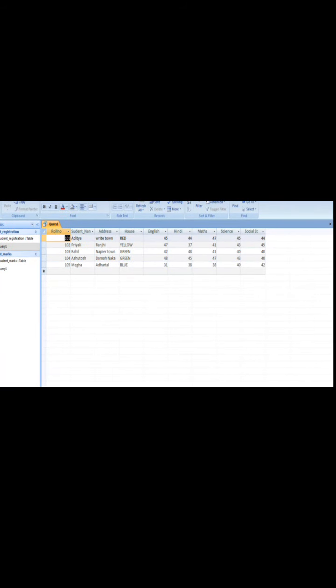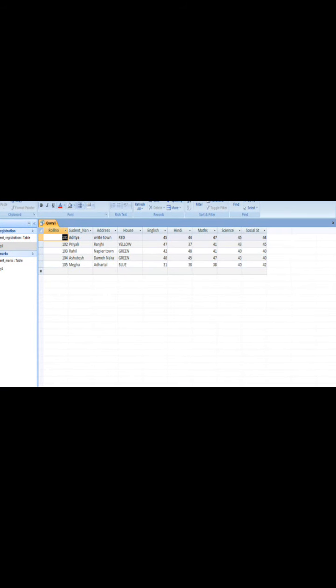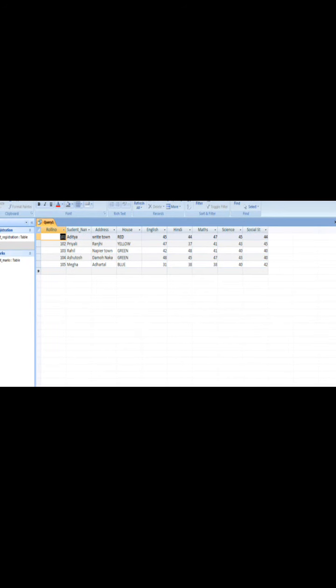Do you want to save this query? Just click on Yes. It will ask for the name. Write down the name; I have given Query1. Now click on OK. Now your query is done. You can see here Query1. Now how to view it? Just double click on Query1. Name, roll number, address and phone number are coming from the registration table, whereas Hindi, English, maths, science and social marks are coming from the marks table. So in this way you can create a relation between two tables, and you can bring the information together from different tables.